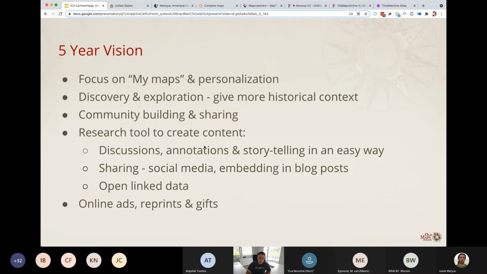We really want the system to be personalized, where people can create their own collections, combine maps which are online with maps which are scanned and their own. We want to improve the discovery and exploration, especially give historical context. I had a dream of giving historical information for